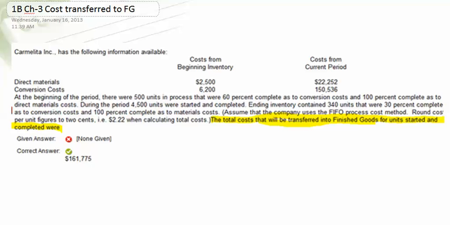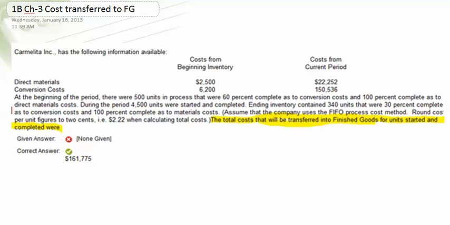Camelita Inc. has the following information available. Costs from the beginning inventory, costs for the current period. Direct materials in the beginning inventory, $2,500. Conversion cost beginning inventory, $6,200. With regard to the cost during the period, direct materials, $22,252. Conversion cost,